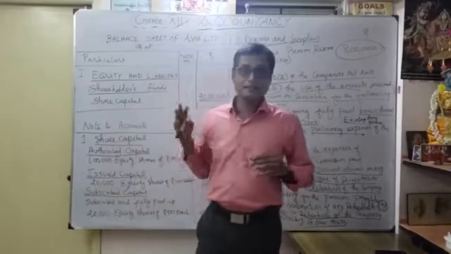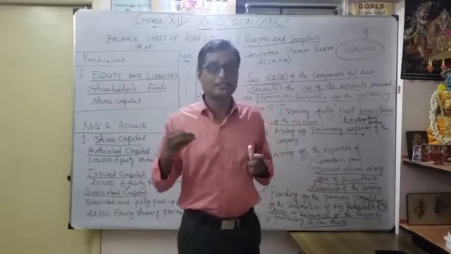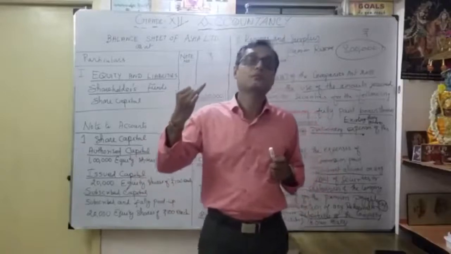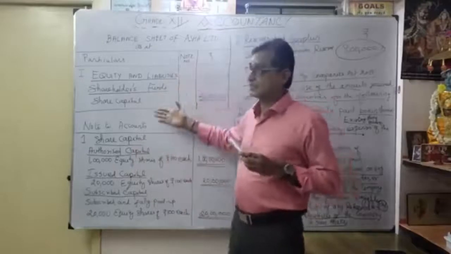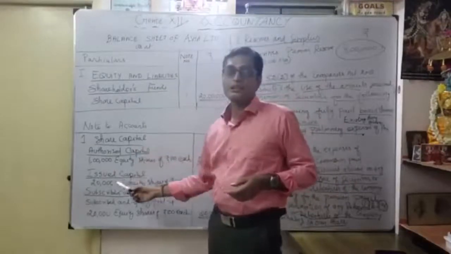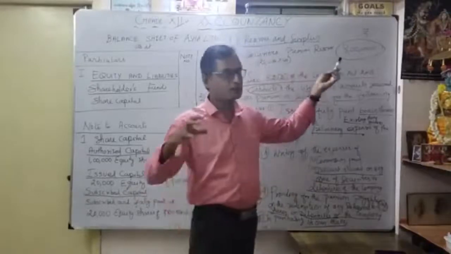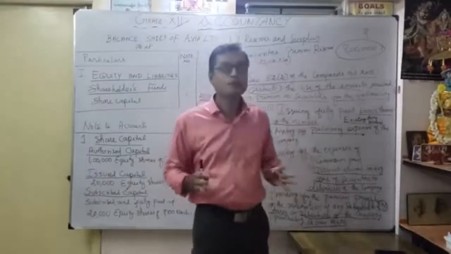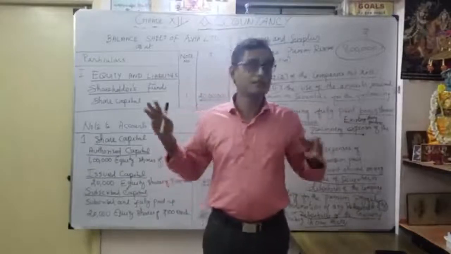So, understood? With this session, I hope you understood how to pass journal entries for the issue of shares at a premium, all the 4 stages: application, allotment, thereafter the first call and final call. Then how to show it in the balance sheet, that is very important. Then the notes to accounts, how to represent authorized capital, then issued capital, thereafter subscribed capital. Then you should know the reserve, the securities premium reserve, for this particular discussion, that 8 lakhs. And the 5 purposes, which you should memorize once again, along with the preparation of the journal entries. We have totally discussed 8 journal entries now.